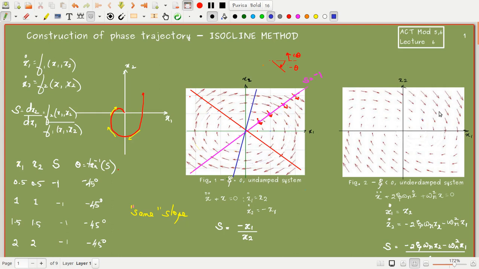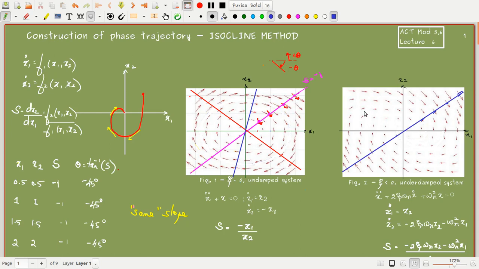Similarly, if you look at this figure, here also I have points with the same slope. See, this point, this point, this point and this point, they are moving with the same slope, right? If I start at this point, I have to move like this based upon this equation. You are supposed to move in this direction. That is what it is saying. So these points have the same slope and these are called the isoclines for the system.